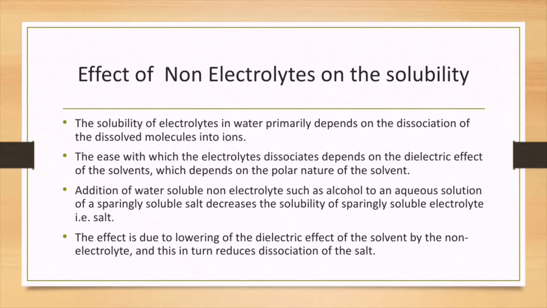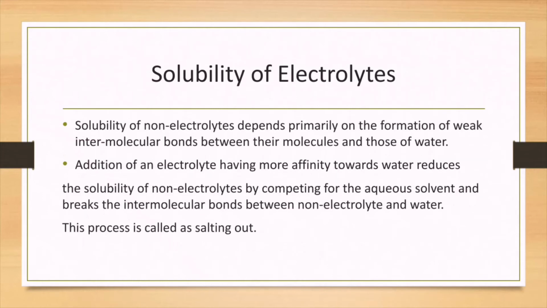But here, due to the decrease in solubility or the formation of salt, the dielectric constant gets reduced. As a result, dissociation of the salt also reduces, so the solubility also gets affected. Now, solubility of electrolyte. Solubility of non-electrolyte depends primarily on the formation of weak